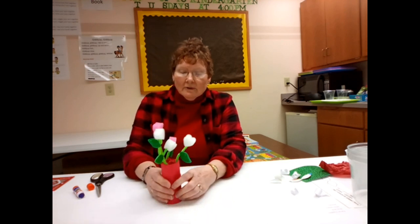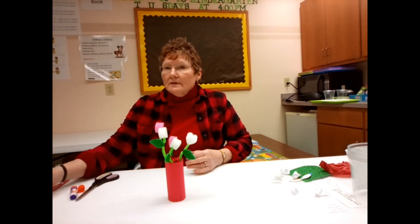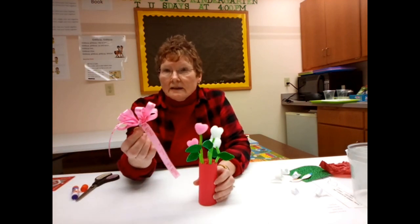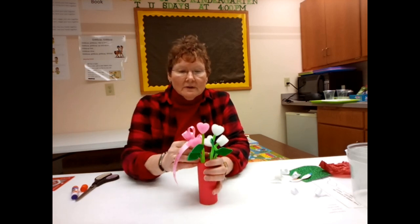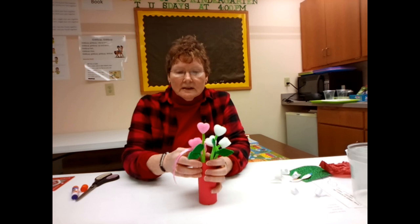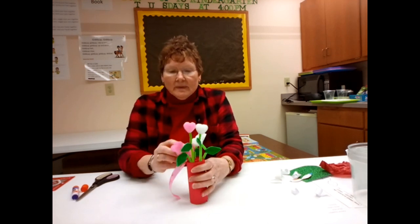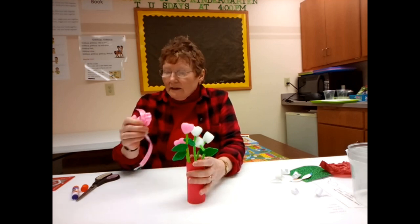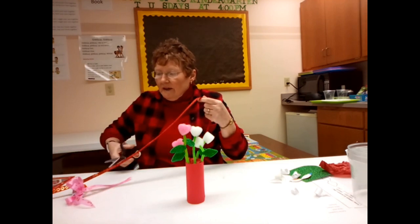Now our next thing we're going to do is to decorate our vase. Now you can do this one of 2 ways. You might have something in your kit that looks like this, that is a florist bow. And all you have to do if you do that is just stick it down in your arrangement for your flowers, for your bow. If you don't have that and you just have a bit of ribbon,